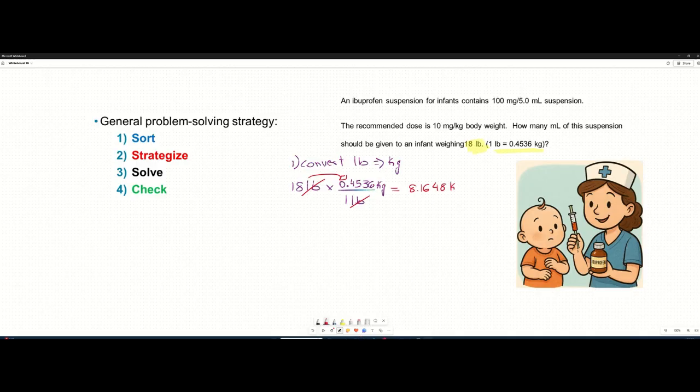8.1648 kilograms. It's a very small baby, a baby of a few months, right? So let's go to the second step. I know the weight of the infant, and I know that the recommended dose is 10 milligrams. So let's calculate